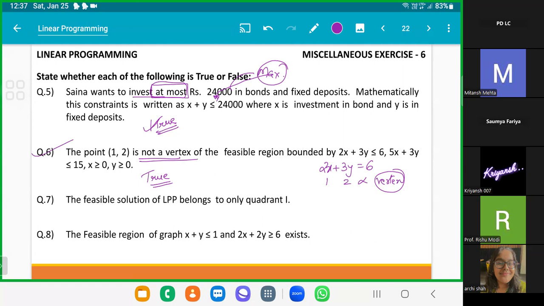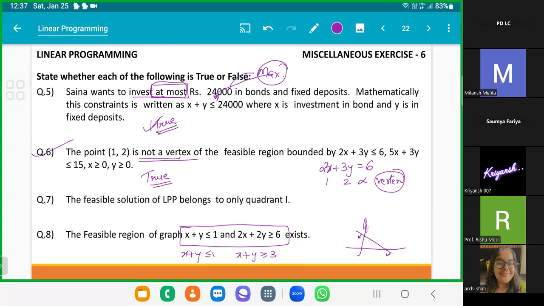The seventh one, the feasible solution of LPP belongs to only quadrant 1. Right? Feasible solution of, okay, I think so. The question was basically along with this. Yes, yes, tell me. Right? So if I'm solving this part, it is x plus y less than equal to 1. Matlab the line will be passing through 1, 1, and the area will be below this. 2x plus 2y greater than equal to 6. Matlab x plus y is greater than equal to 3. So I will have a line